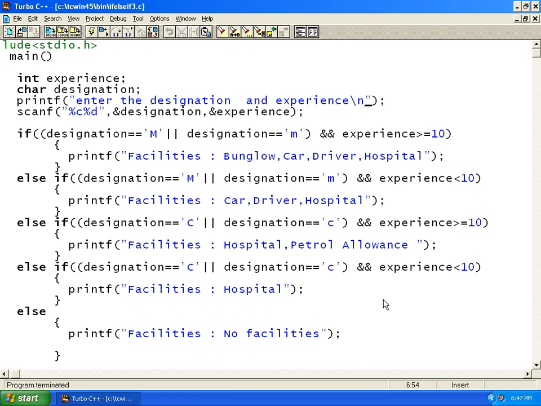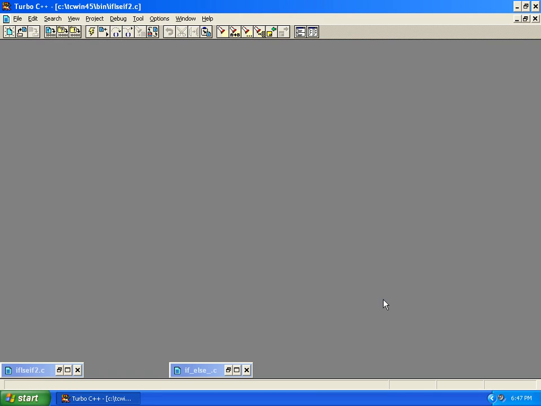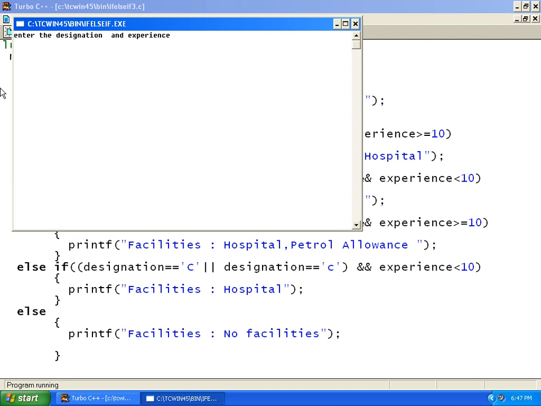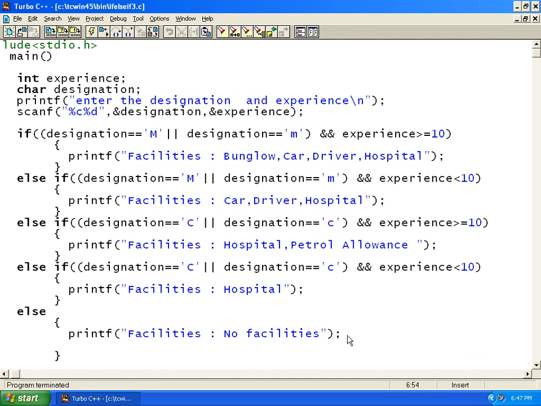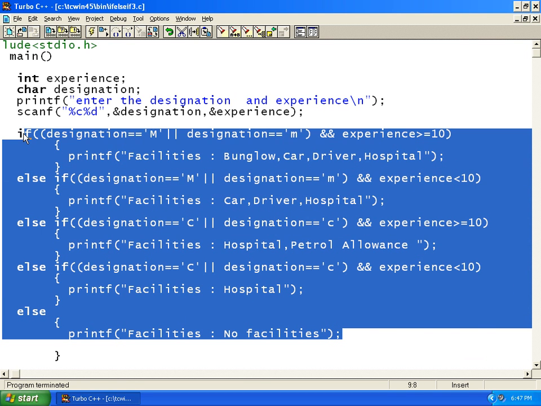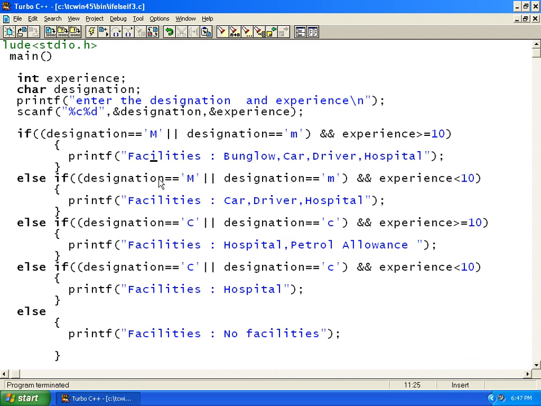So now one more option is a Control F9 and the other person is a driver. If I say D, it doesn't match any of the conditions, so the else block will be executed. And even if he has 10-12 years experience as a driver, no facilities will be given to him. So this way we can categorize. It's just a hypothetical example. It's not an actual example. I just gave how the else if structure works.